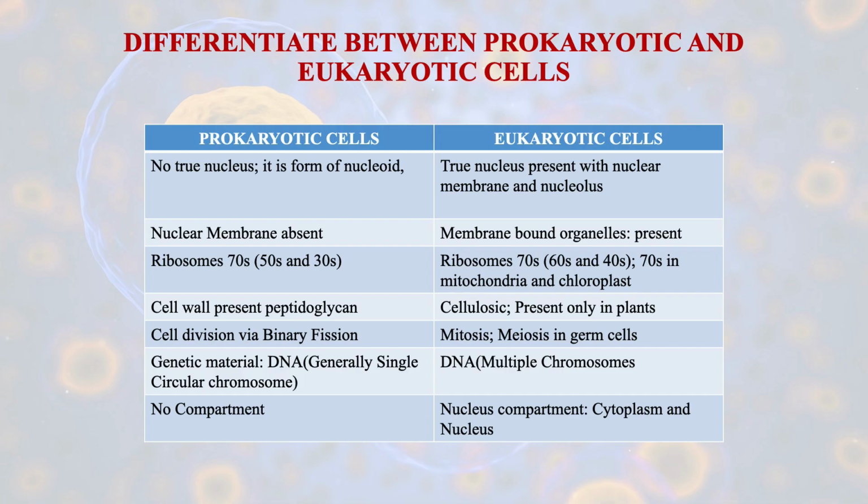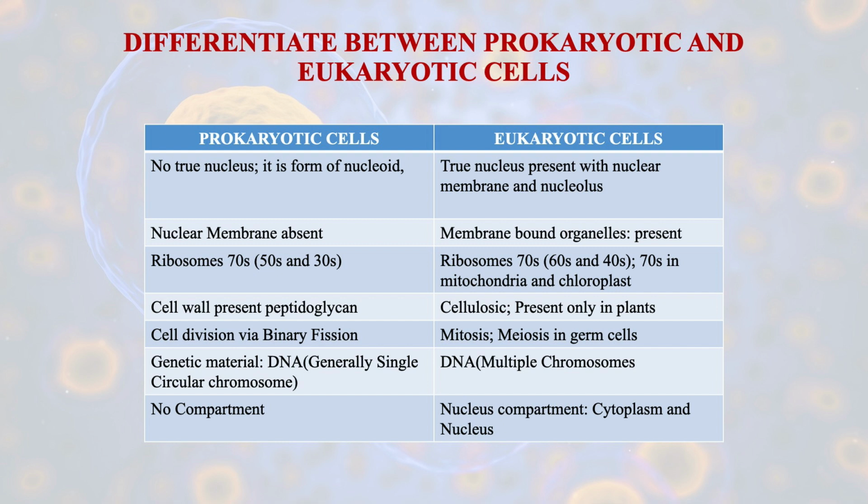Now we will compare prokaryotic cell and eukaryotic cell. Prokaryotic cell has no true nucleus, which means the DNA is present in a nucleoid form. Eukaryotic cells have a true nucleus, which means the genetic material is covered by the nuclear membrane, and the eukaryotic cell also has the nucleolus in the nucleus. Prokaryotic cell lacks membrane-bound organelles, while eukaryotic cell has membrane-bound organelles. Prokaryotic cell has a 70S ribosome, while eukaryotic cell has an 80S ribosome. Cell wall is present in prokaryotic cells, but the eukaryotic plant cell has a cellulose